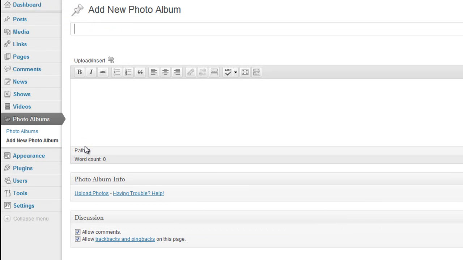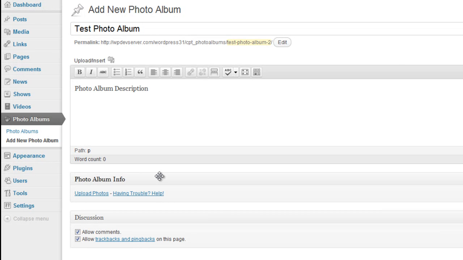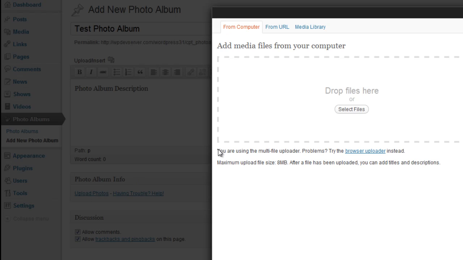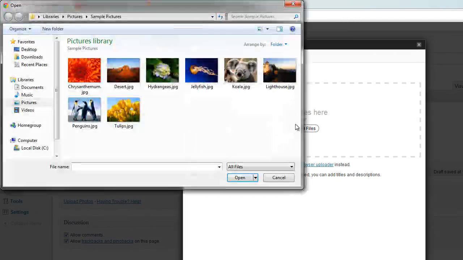And we're just going to give it a title. So Test Photo Album. And in this area, we're going to do our description. So Photo Album Description. And then under photo album info, we're going to click on upload photos, select files, and I'm